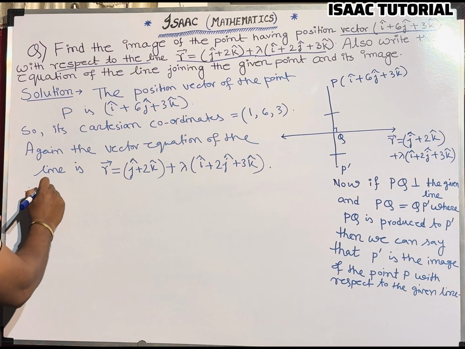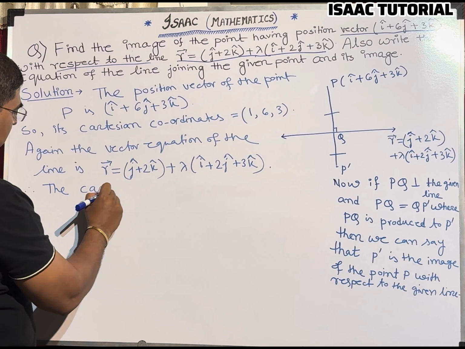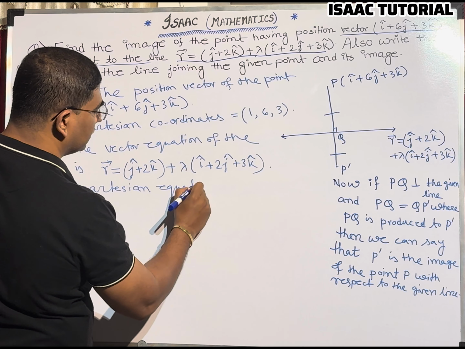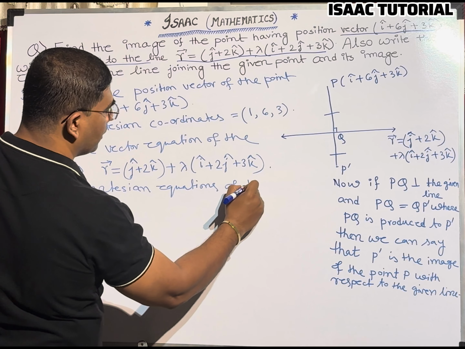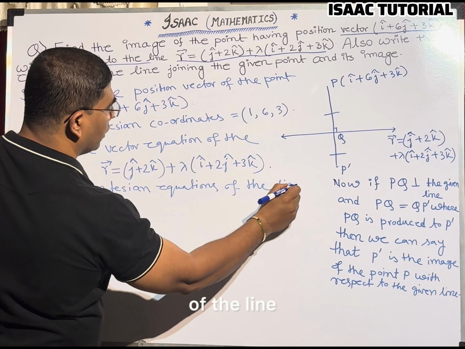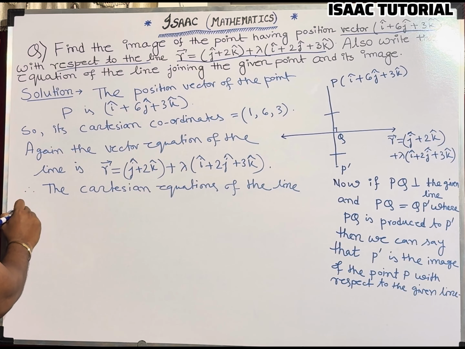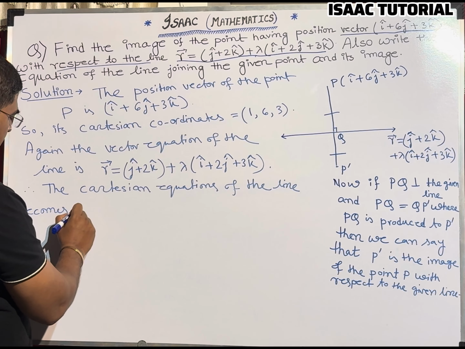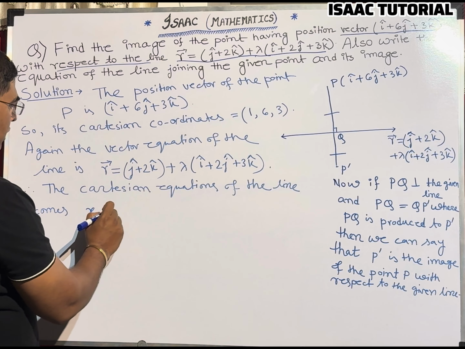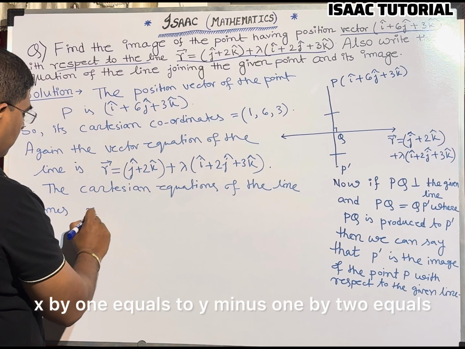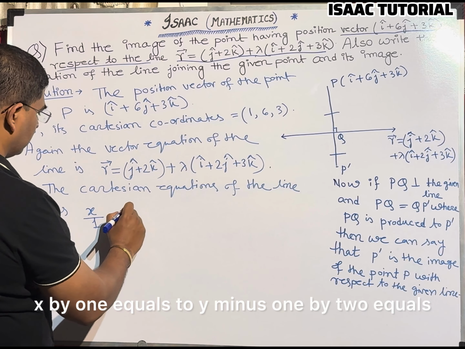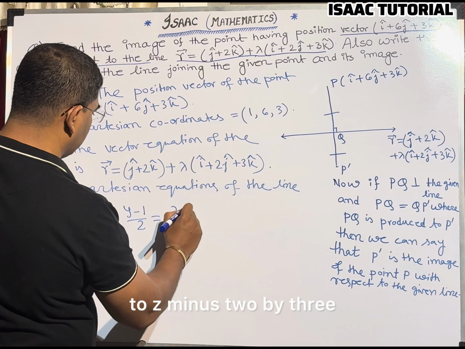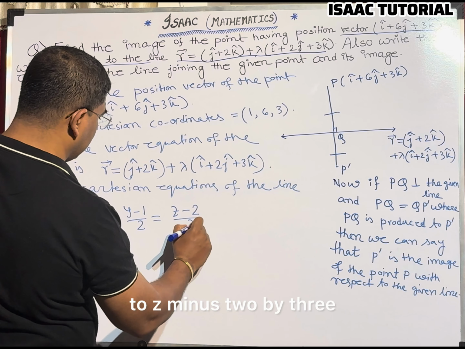Therefore, the Cartesian equations of the line become x by 1 equals y minus 1 by 2 equals z minus 2 by 3,